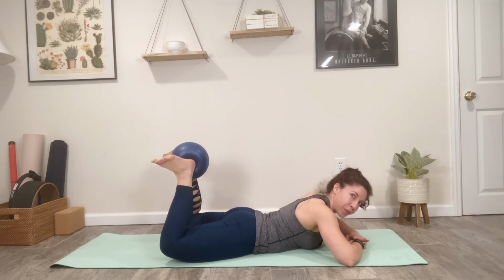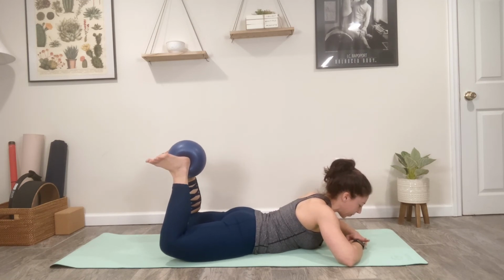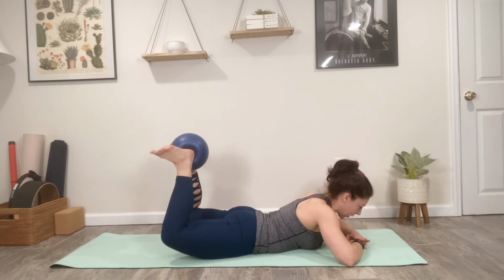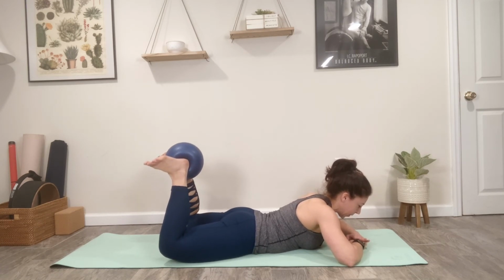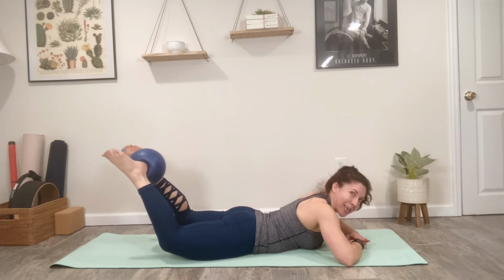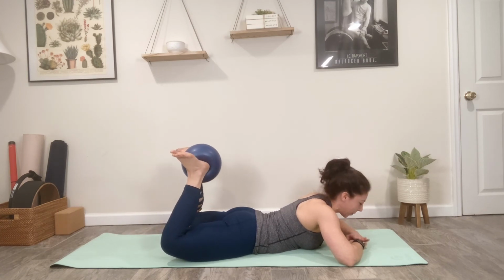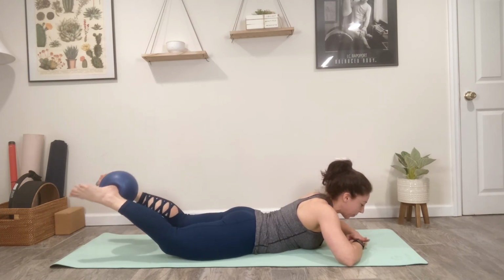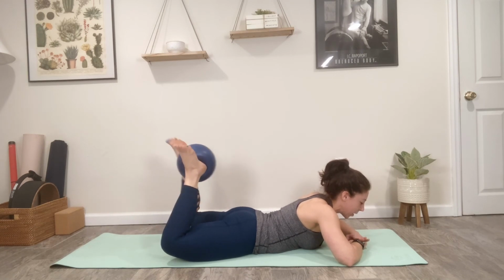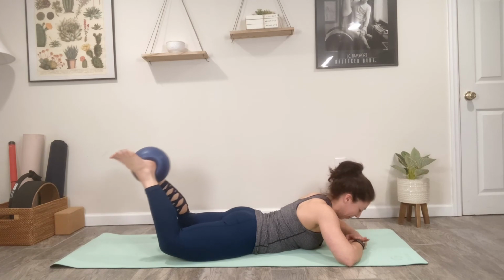Good. 8, 7, 6. Good, keep going. Last 2. See if you can hover those thighs off the floor. Extend the legs and point the toes, and then flex the feet and bend the knees. Extend and point, flex and bend. Extend and point, flex and bend for 4,